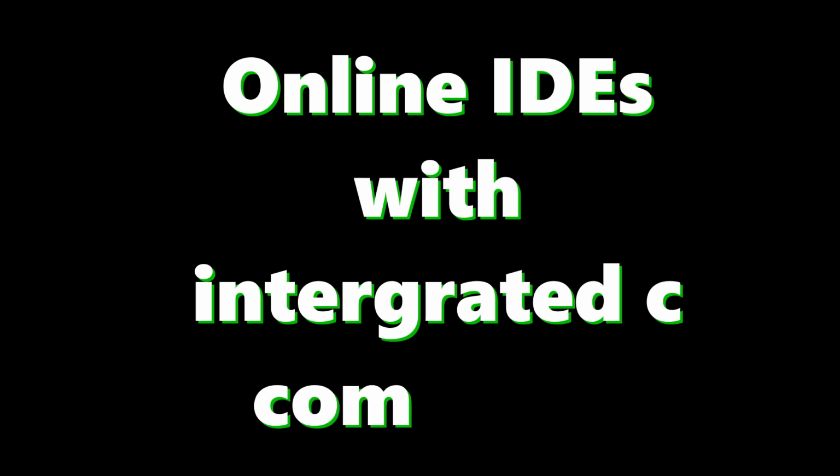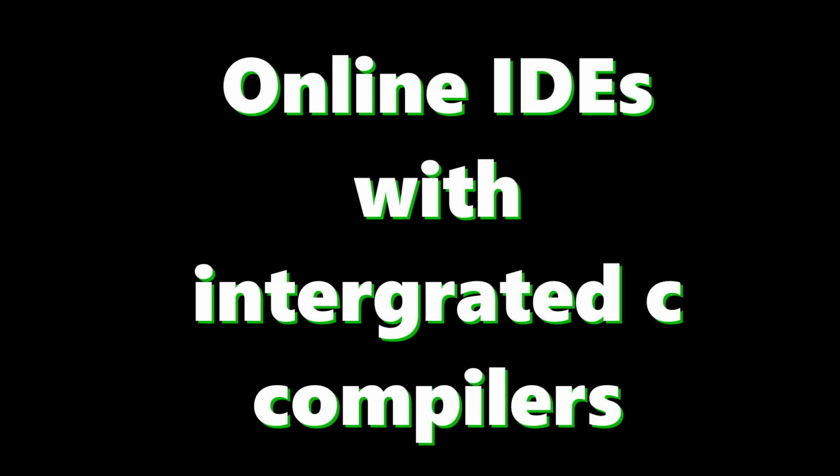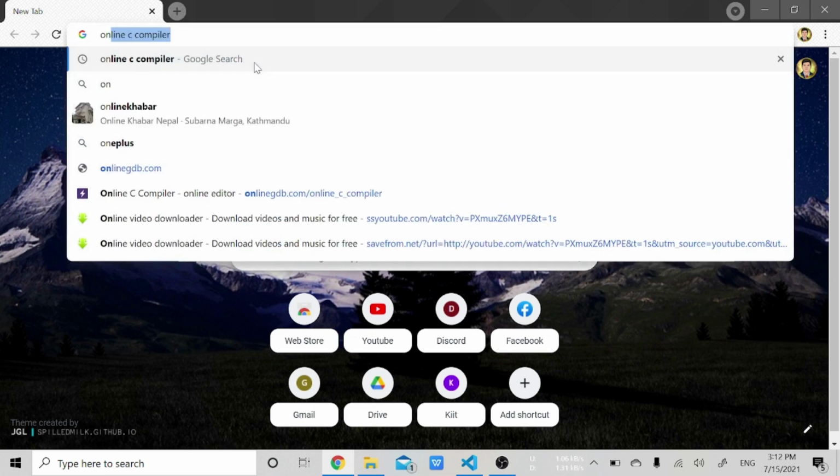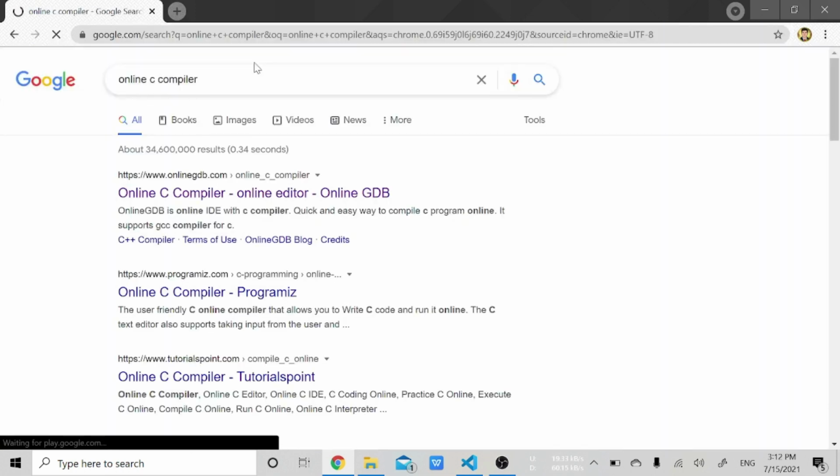Now let's dive into some online IDEs and their use. Just open your Chrome browser and type online C compiler and press enter. Here you see the first website, which is onlinegdb.com. Just press on it and it will open.